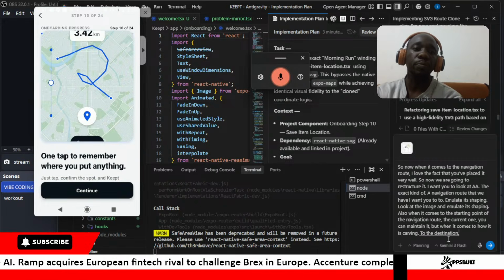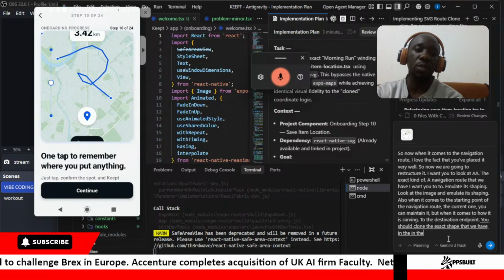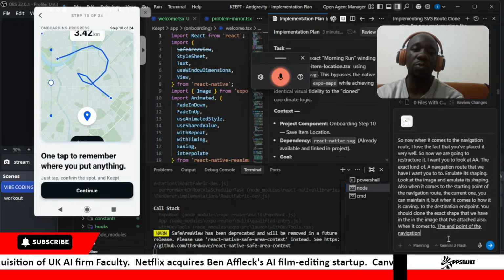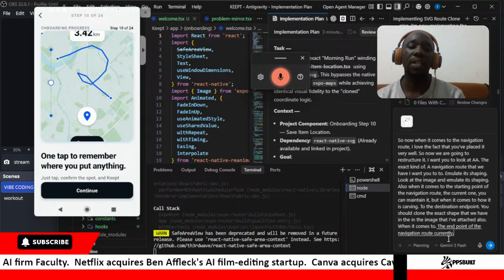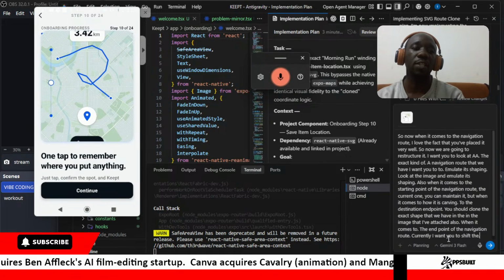Also, when it comes to the endpoint of the navigation route, I want you to shift the location icon that we have and place it at the endpoint of that very navigation route. And with that, I also want you to ensure that